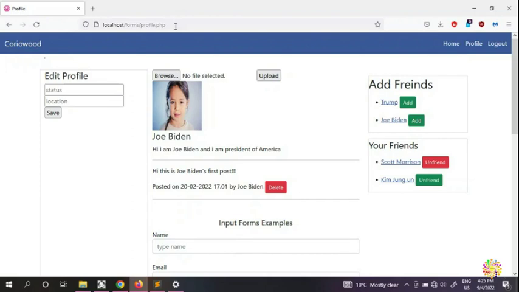So PHP is huge, and every single week there are new functions or methods or new variables coming into PHP. And now PHP even has libraries for graphics and libraries for uploading images. So there are a lot of already-built functions inside PHP that you guys can use to build your